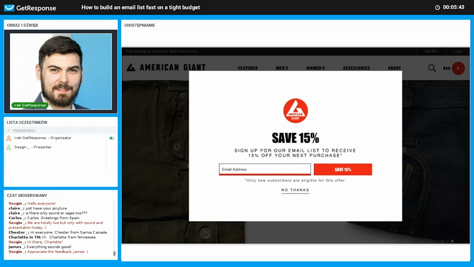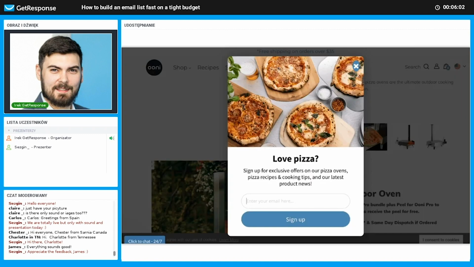And then you've got this box where you just put your email address, and you've got a button with a clear call to action. It's like, save 15%. So I guess a lot of people who are actually going to buy something online, this is going to be very effective, and this incentive makes it worthwhile to subscribe. So basically, a lot of people will give it a go.